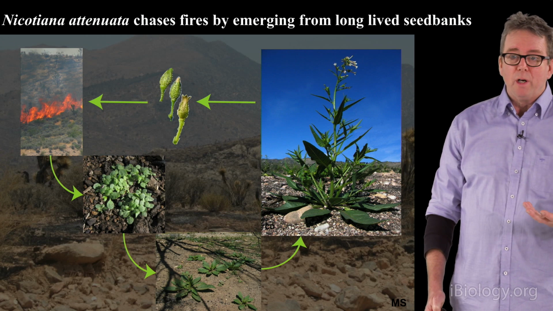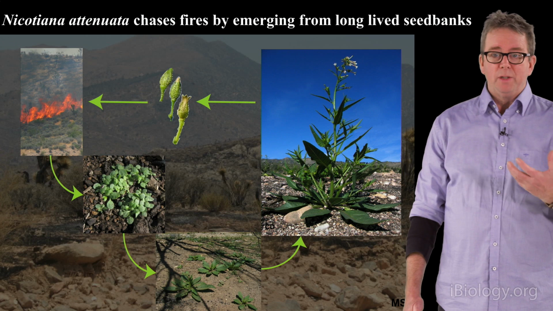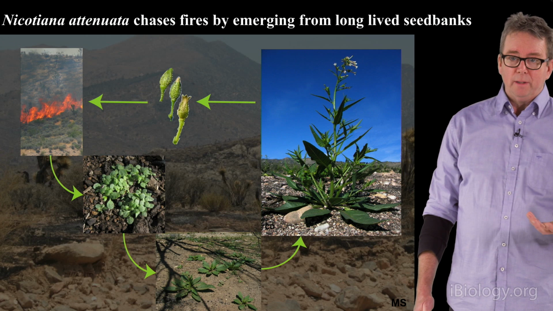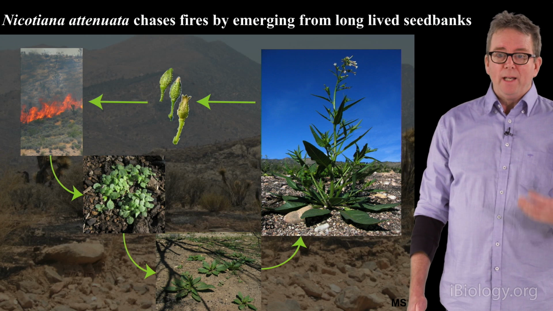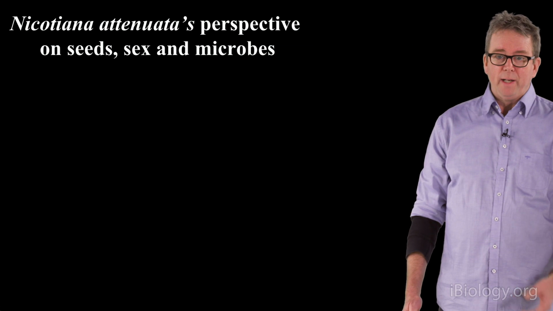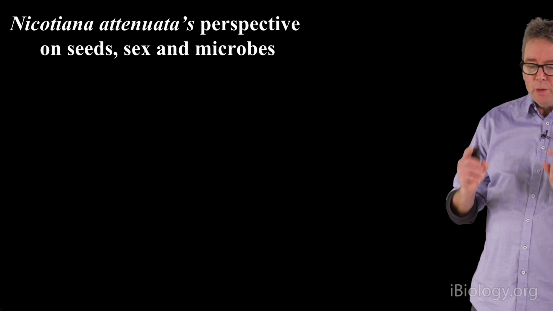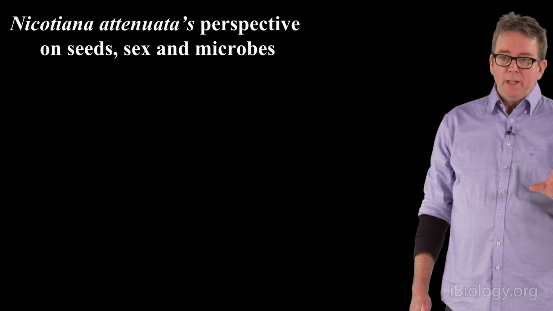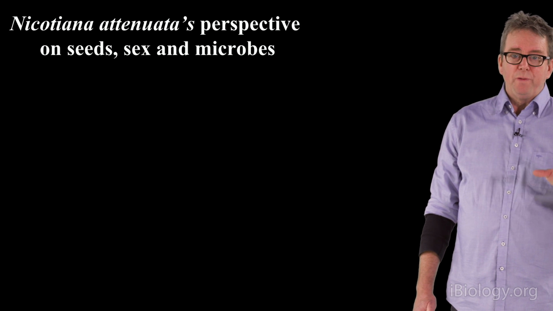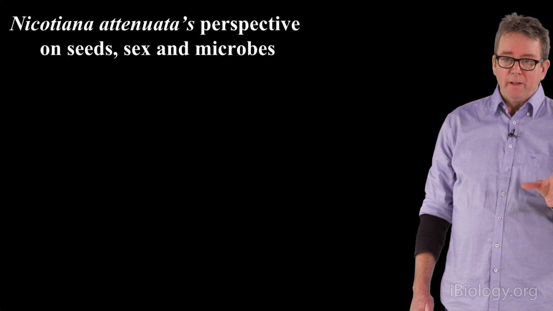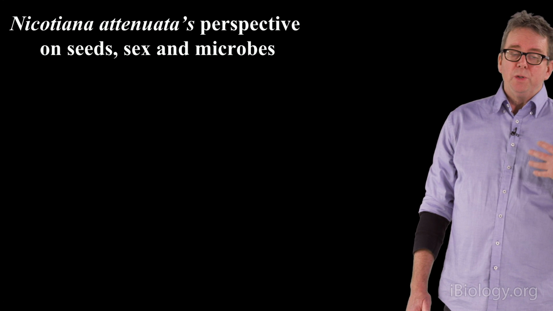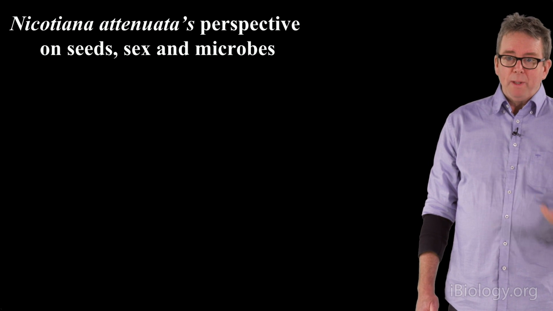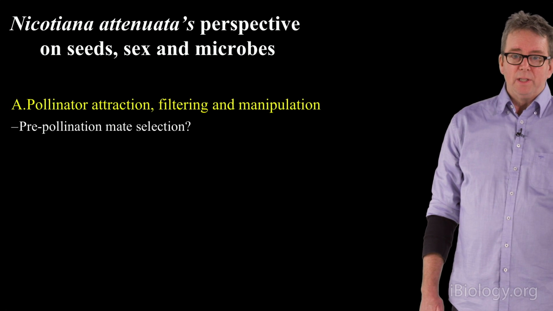So we think that outcrossing is very important because it provides the genetic material, the genetic diversity that allows you to survive this long interfire interval. So in this talk, what I'm going to do is tell you about 3 elements that might help this plant survive that long-term interfire interval and be able to still evolve quickly despite this very long component of its life stage.